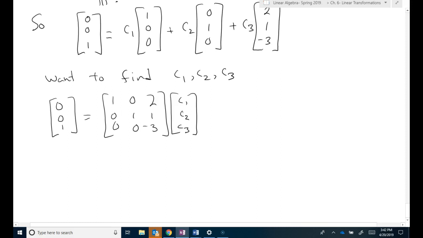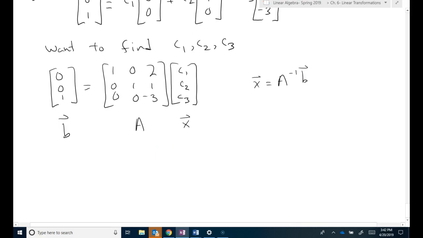Now, all we need to do to figure those three out is plug them into something like StatCrunch and find the A inverse. Call this A, this X, and this B. So X is going to equal A inverse B. It's just like utilizing that change of basis matrix, okay? And when we do that, what we'll end up with is